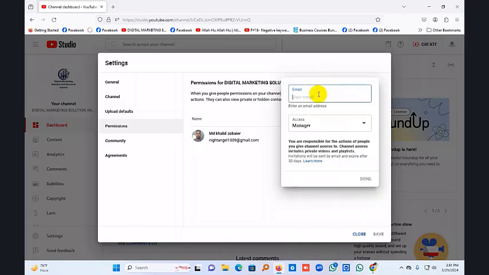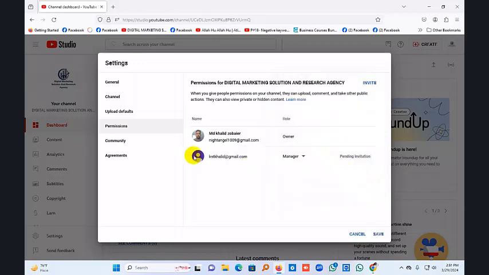An example, we can write here something like this email. Okay, then click done. Okay, thank you. Then click to